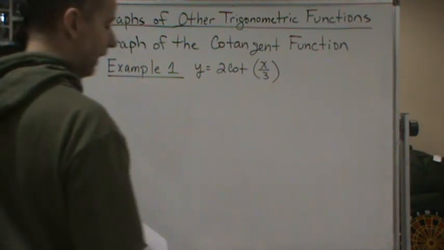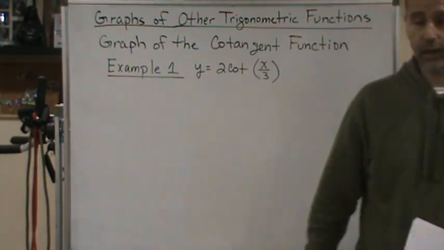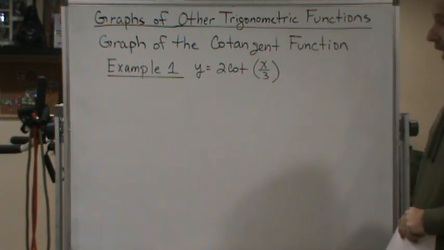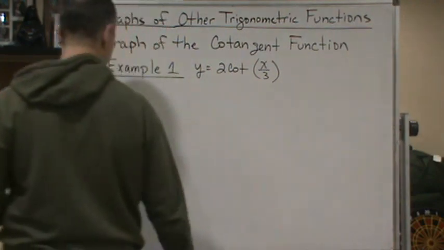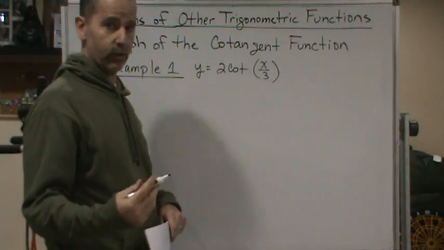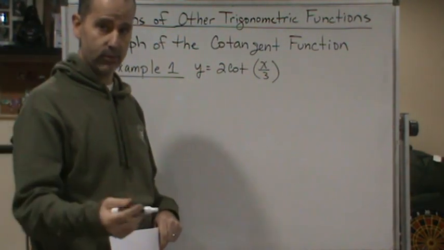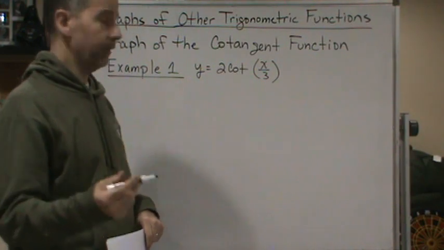Alright, welcome back, and now we're going to do an example of graphing a cotangent function. What we're going to do is the same thing that we've been doing with tangent. We're going to find the important points, we're going to find the asymptotes, and then we're going to graph the